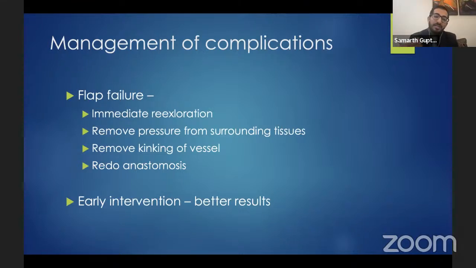If blood is oozing well, fresh, bright red, it's good. But if it's dark, dusky, it's congested. If there is no blood, that means there's an arterial block. So in the initial few hours, there's a high incidence of an arterial block, and arterial blocks generally occur because of thrombus formation. Thrombus, when it forms, will reduce the supply to the flap, and you will see when you test by scratching the flap, there'll be no blood flow. Immediate exploration is the key, because if you do not re-explore early, toxic substances will accumulate and the flap will die,